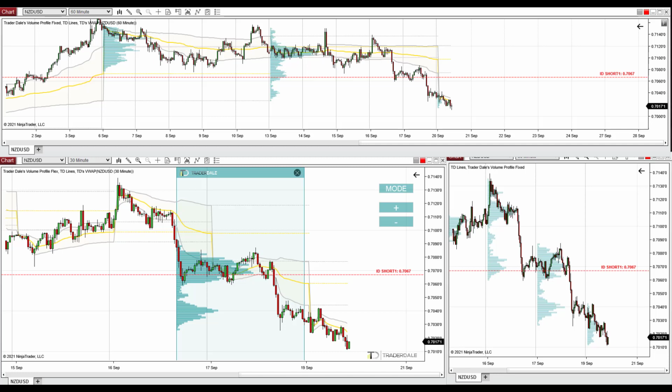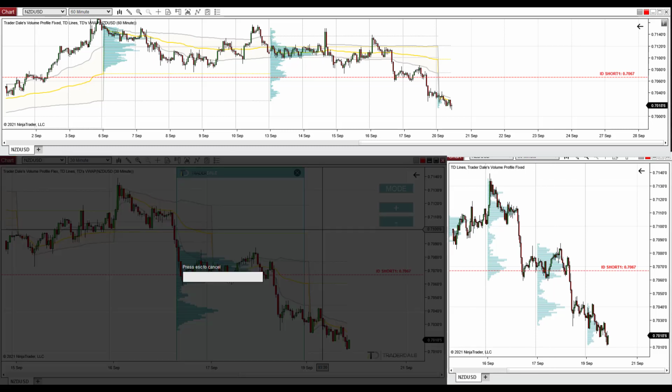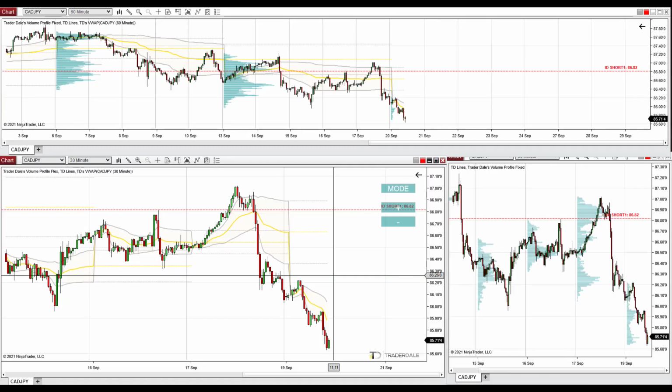And let's now have a look at the next trading idea. The next one will be on the Canadian dollar Japanese yen. So now all the three charts show the Canadian dollar Japanese yen, and what's interesting in here is this sharp